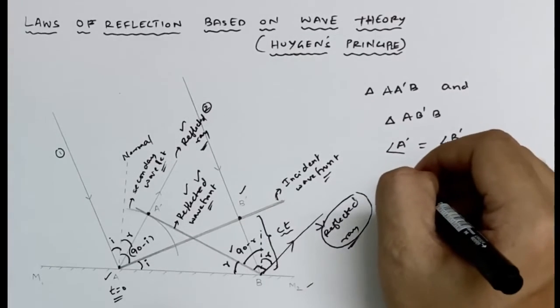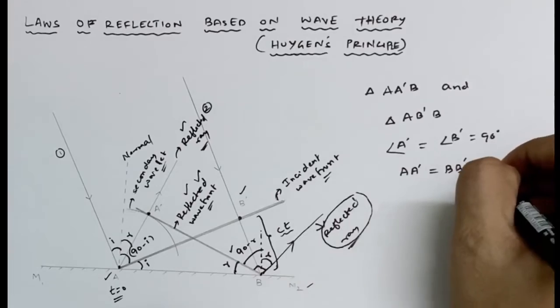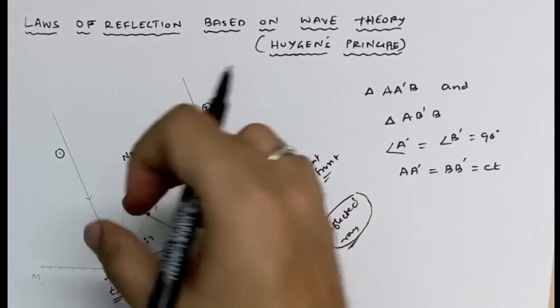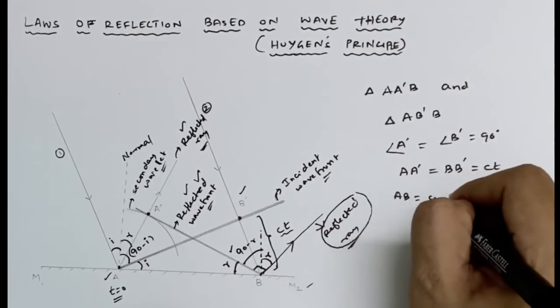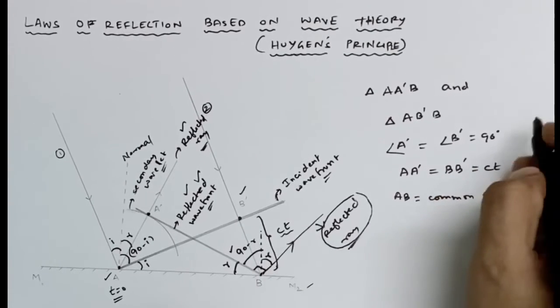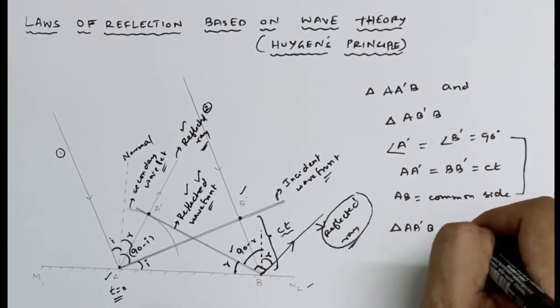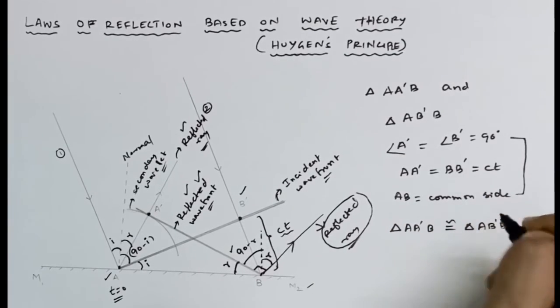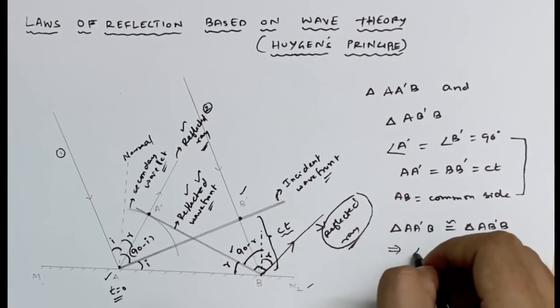Similarly, A A dash is equal to B B dash, both equal to ct, because this is what we have taken as the radius and constructed the wavefront. AB is a common side. Since all these conditions are satisfied, triangle A-B-B dash is congruent to triangle A-B-A dash. When two triangles are congruent, the angles are going to be the same, which implies angle B